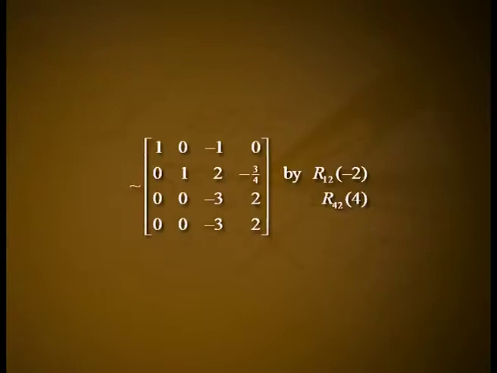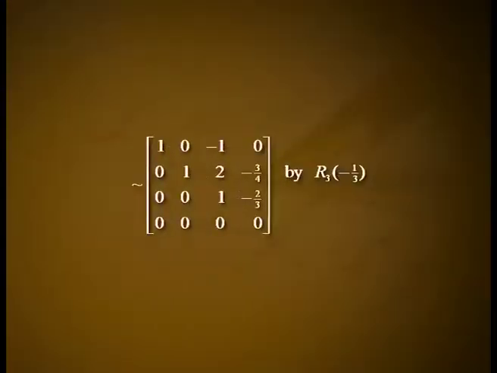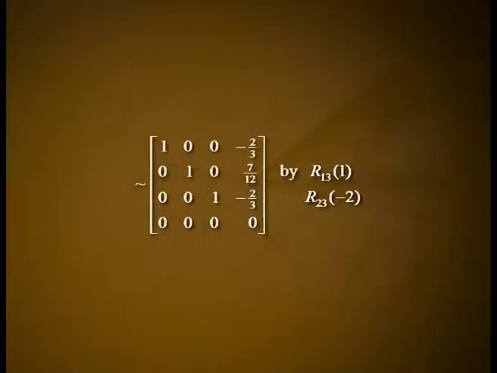to [1 0 -1 0; 0 1 2 -3/4; 0 0 -3 2; 0 0 -3 2] by R12 minus 2, R42 4, which is equivalent to [1 0 -1 0; 0 1 2 -3/4; 0 0 -3 2; 0 0 0 0] by R43 minus 1, which is equivalent to [1 0 -1 0; 0 1 2 -3/4; 0 0 1 -2/3; 0 0 0 0] by R3 times minus 1 by 3, which is equivalent to